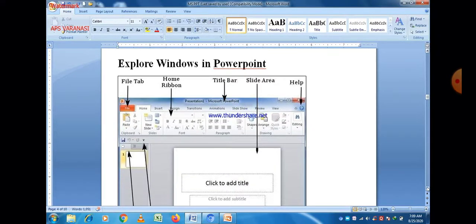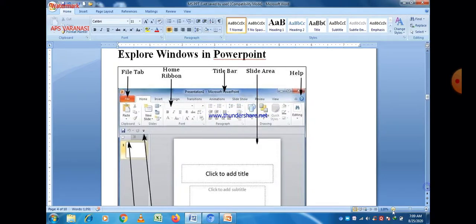First of all, the file tab, and then the home ribbon is also there, title bar, slide area, and help. You can also see this by the points where the arrows point out. These are the different options available in MS PowerPoint.